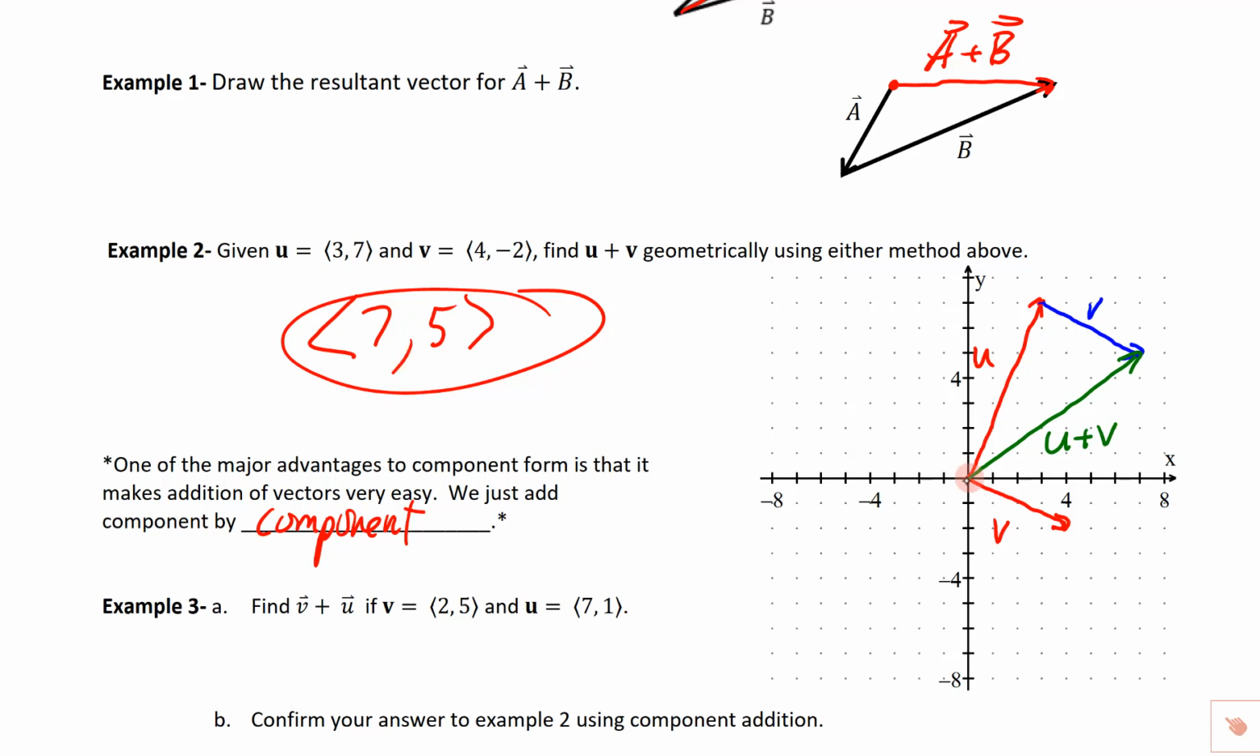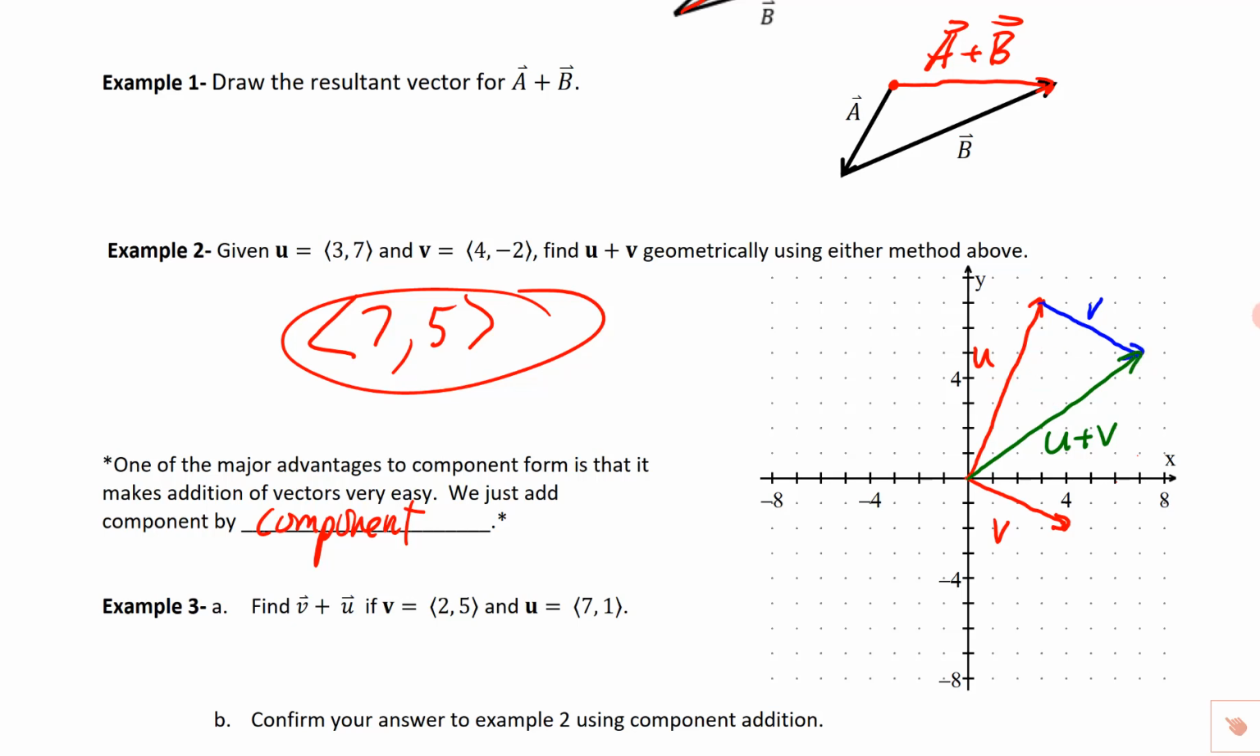So we start right here at the origin, and we should be able to have a horizontal component of 7: 1, 2, 3, 4, 5, 6, 7, and a vertical component of 5. So 1, 2, 3, 4, 5, and lo and behold, that's it. So we need to be able to do it geometrically, graphically,